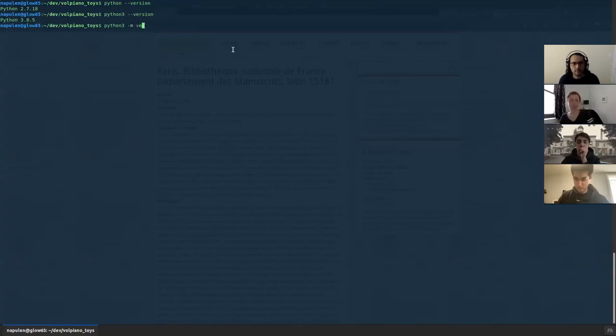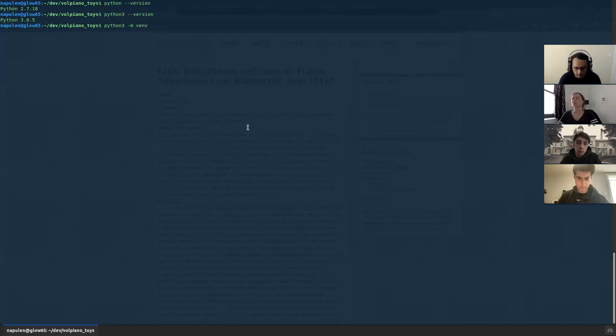When I do this, it's going to create a virtual environment, and a virtual environment is just a copy of the global Python interpreter into a version that is going to be lying here in this repository. I have to give it a name for the folder where it's going to be contained. You can choose any name, so you can call it Volpiano environment if you want, whatever you want, but